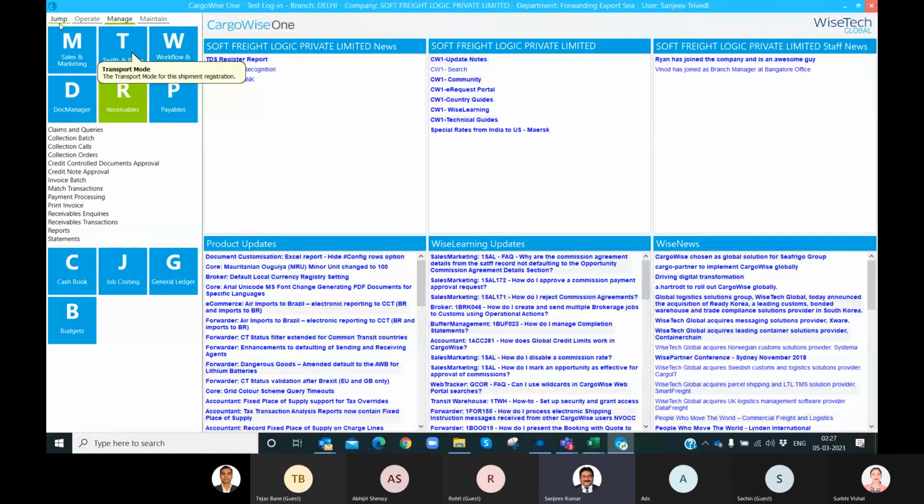In the docpack, suppose you want the agent to also receive the house bill document, invoice document, any other documents. So we can create a docpack inside CargoWise, and it can be triggered or sent manually to the agent.